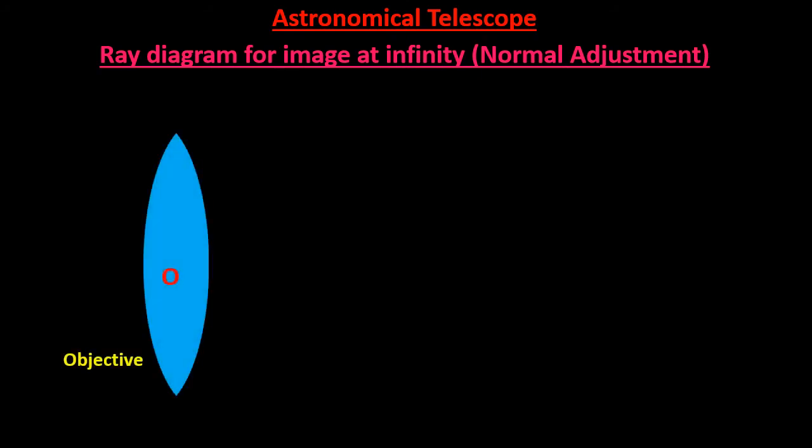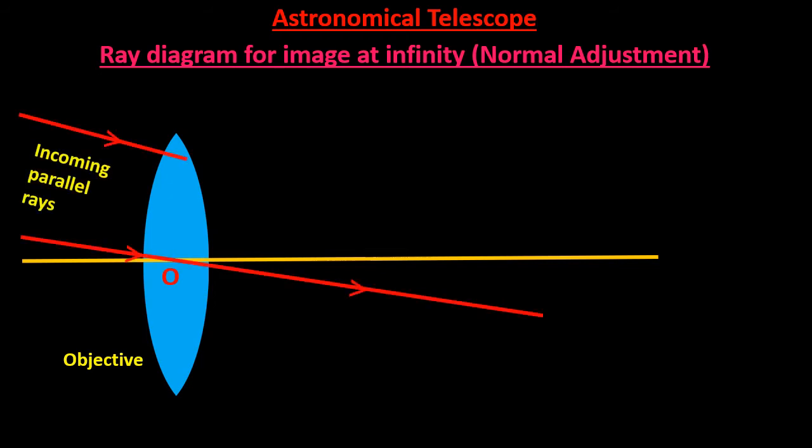Here we consider an objective lens, and then we draw a principal axis passing through its optical center. The rays which will be coming from the distant objects will be parallel to each other. So these parallel rays will be incident on the objective lens. Here we consider two parallel rays which are coming from the distant objects. These two parallel rays after refraction through this objective lens will meet at a point where the image of the object is formed. At this point the image is formed, and let us denote the image by A dash B dash, and S dash is the height of the image.